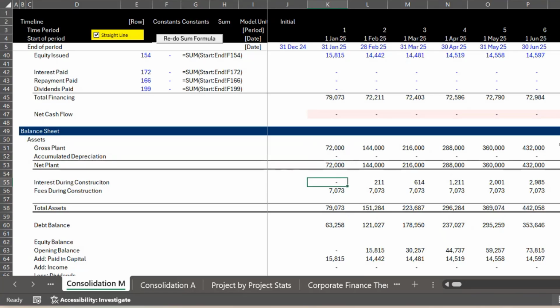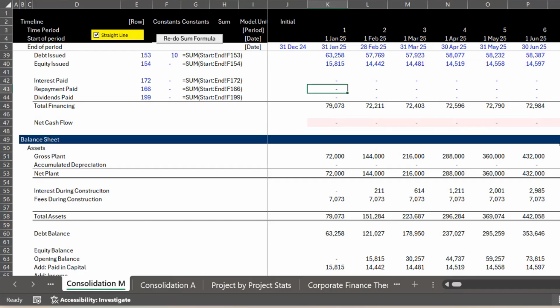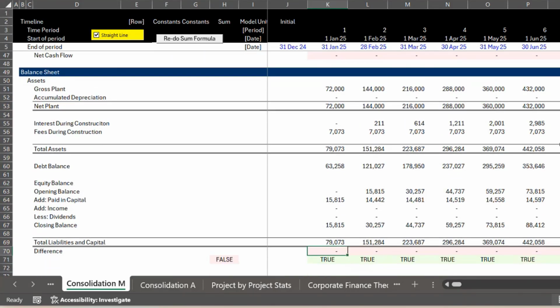And then I put our interest during construction on the balance sheet. Our debt balance is our last period plus our issues minus our repayments, and then we make a little equity balance where we add in the equity we issue, and then the income we get from our profit and loss, and then the dividends we get from up here, which is from somewhere else. We should have computed a cash flow waterfall to get the dividends, and then we're really happy, except, oh no,